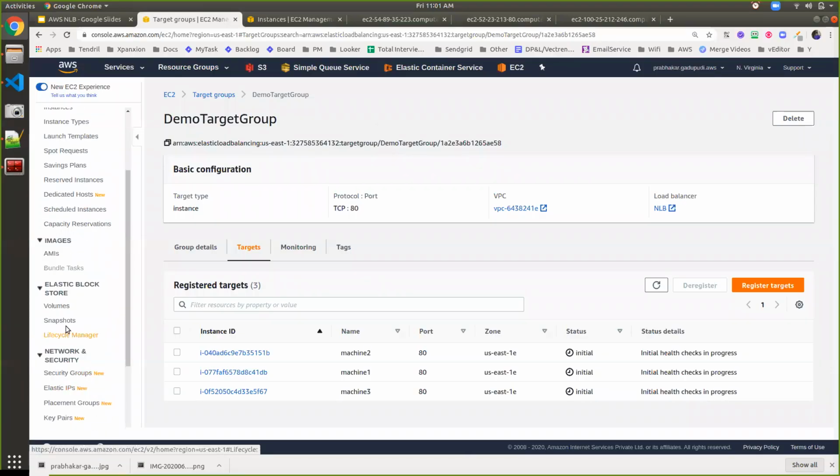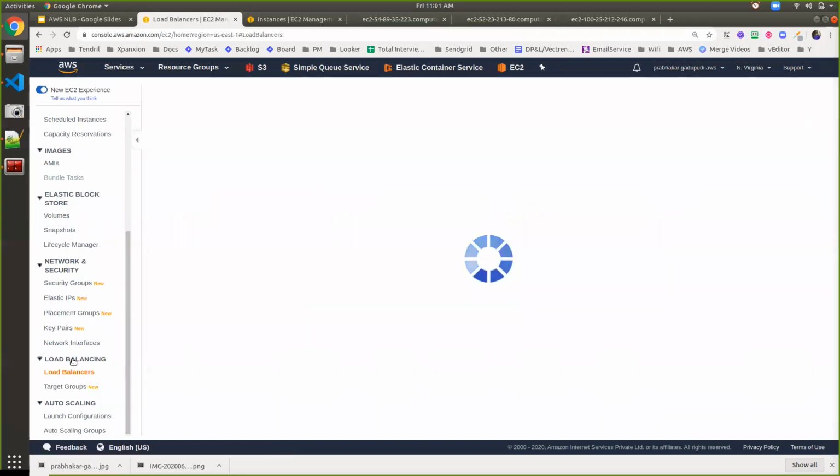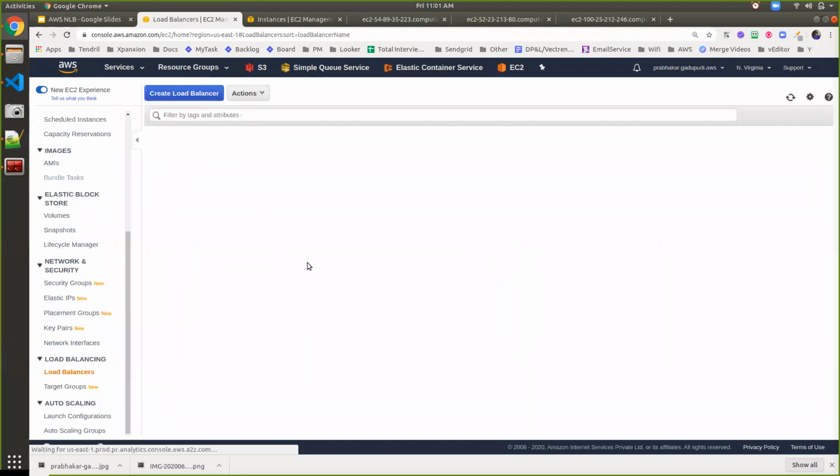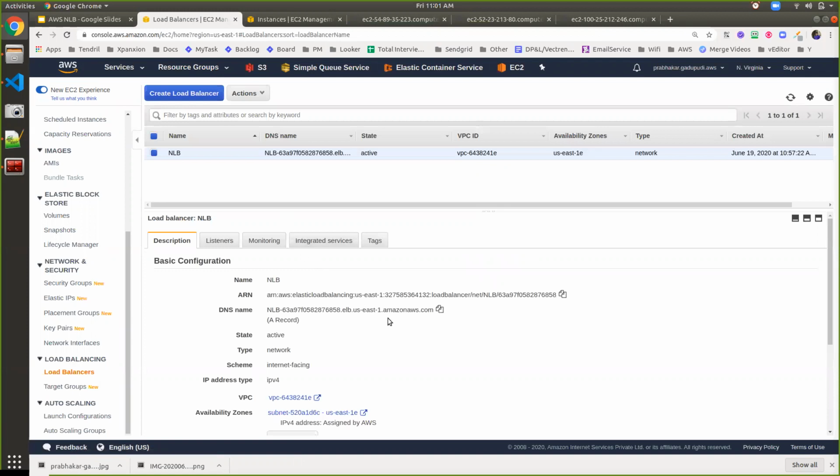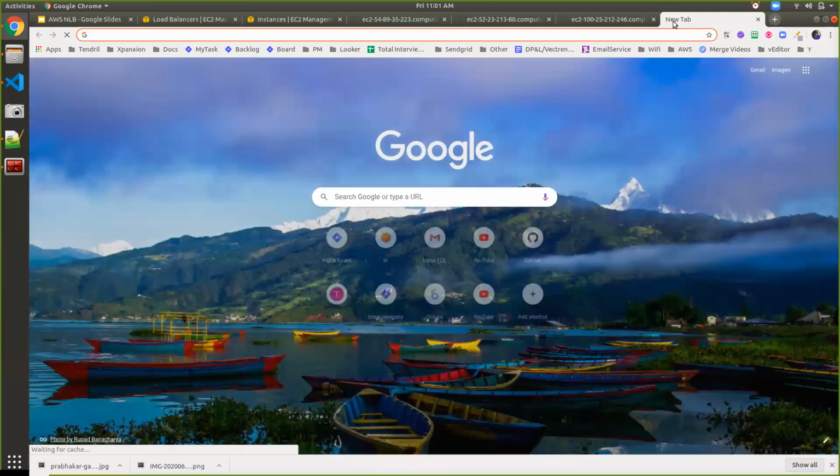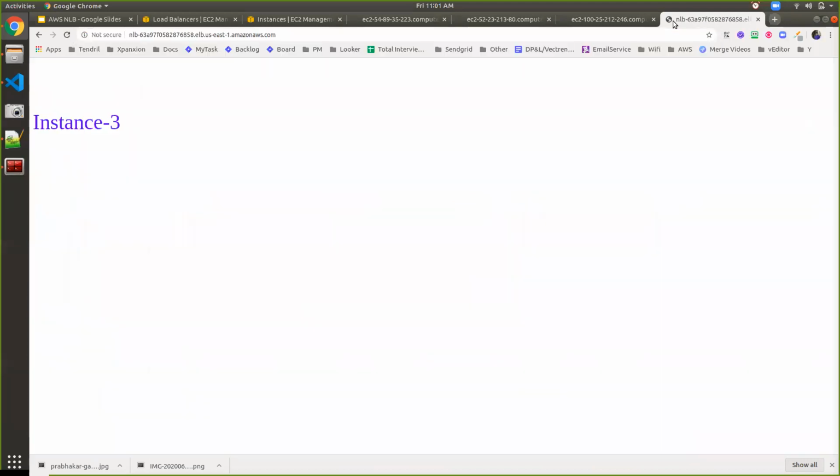Go to the network load balancer, and here copy the public DNS entry. Here is my DNS entry, so go to a new tab, put it here and enter. By default, it is serving instance 3, and if I refresh the page, instance 1.